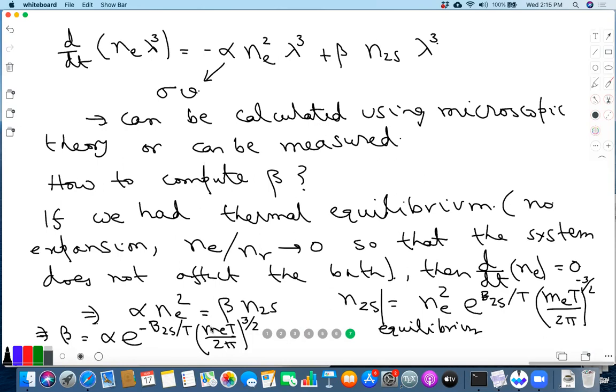Is this clear? So we derived this formula assuming that it's in thermal equilibrium. Okay. But of course, once you have derived this, beta gives you the total transition rate from the nl states to e minus p by thermal photons. So that you can also use when the system is not in equilibrium. Okay, because by definition, this is the rate induced by thermal photons. So this is the formula.